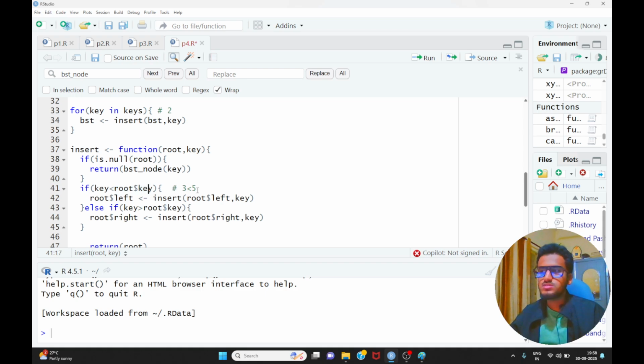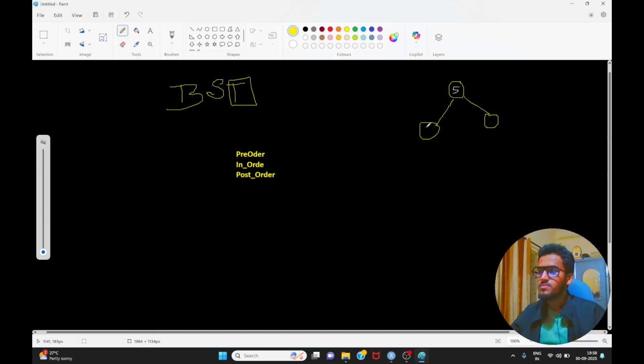Is 3 less than 5? Yes, 3 is less than 5. True. When it becomes true, see here, the root hash node left will be inserted at root left key. What happened? It will be inserting 3 here, like this. Okay. Less than this 5, these things will come here, and greater than from this it